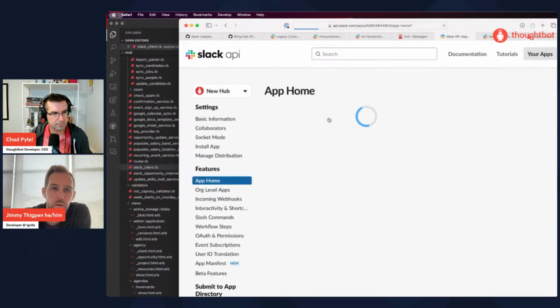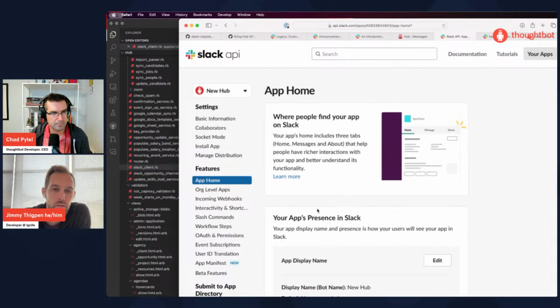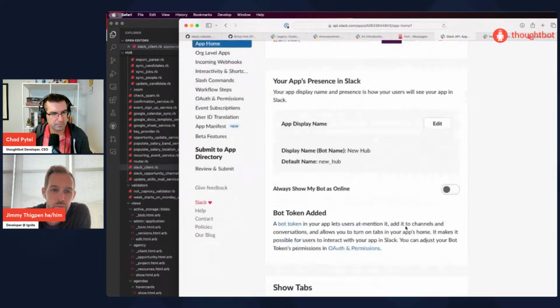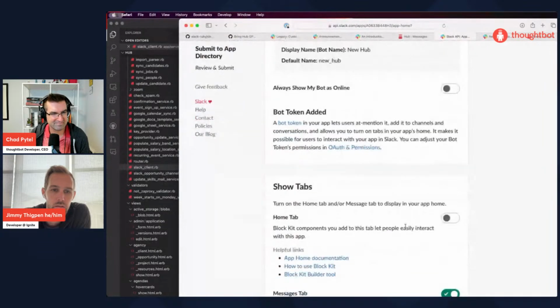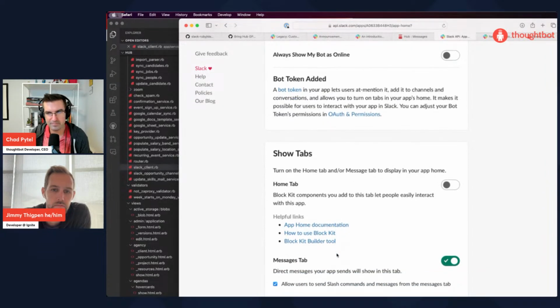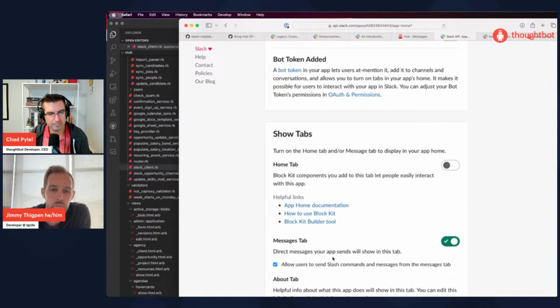There we go. And then in here, well, Hub can be always online if we want. And then this, okay, here we go. Allow users to send / commands and messages from the message tab. So this would let us send something to Hub. Hub can process that and reply back.